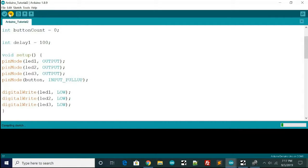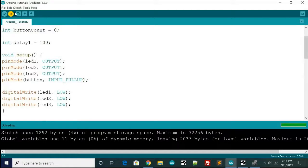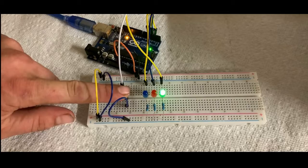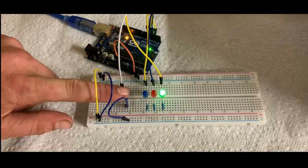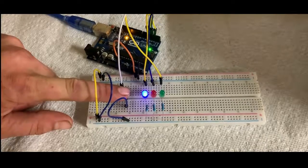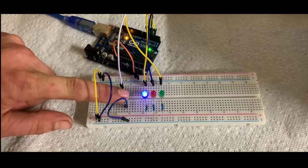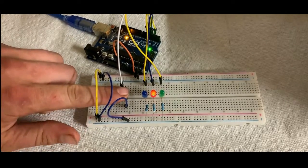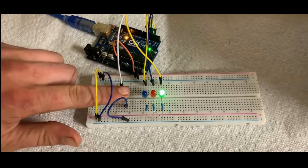Okay, so I just powered the Arduino on. I'm going to write this to it, and we'll see how it works. So we press it once, the green comes on. Press it again, the red comes on. Press it again, the blue comes on. Press it again, it turns off. Just a quick demo. It's still a little bit glitchy,